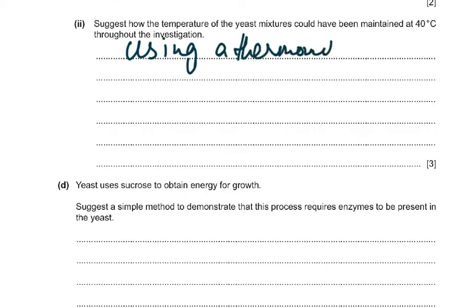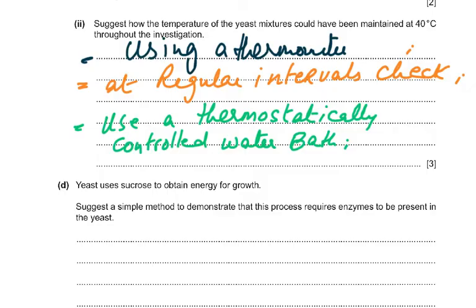You would use a thermometer, and then at regular intervals over time continuously throughout, and maintain the temperature by adding hot water. Or you could have also said use a thermostatically controlled water bath. So using a thermometer, 1 mark, at regular intervals, you check the temperature so that you see if the temperature